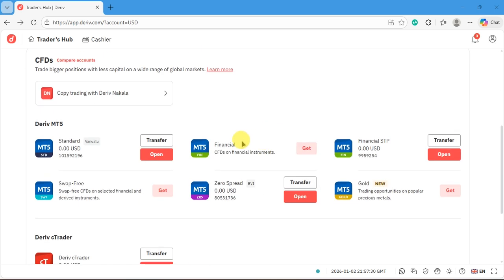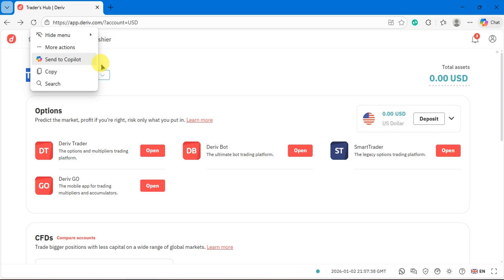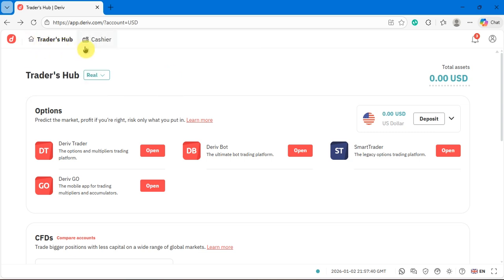So here is the dashboard. As you can see, you will only be able to see it when you log in. So this is Traders Hub. If you do not see it, you can just open here. You'll be seeing it just above here, depending whether you have just logged into your account or you are just